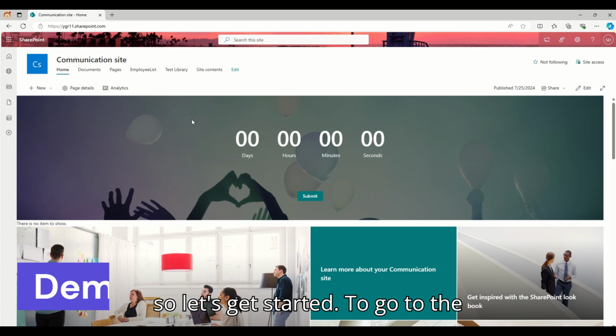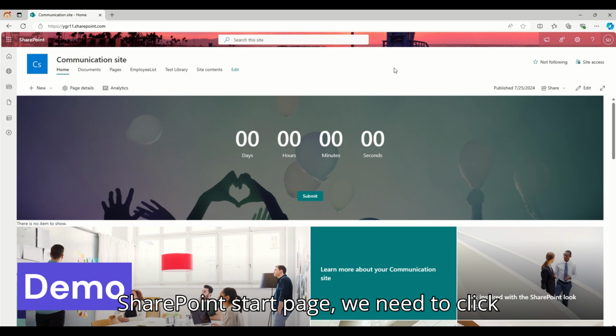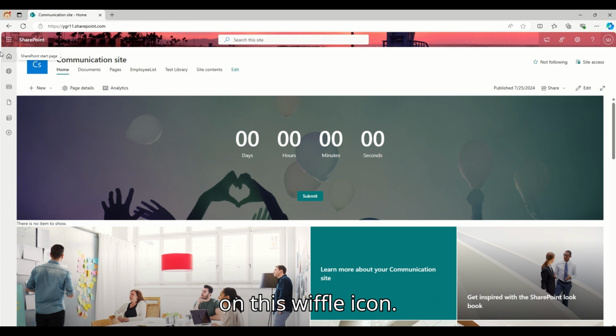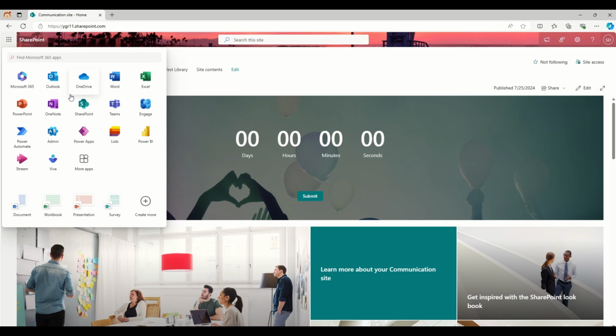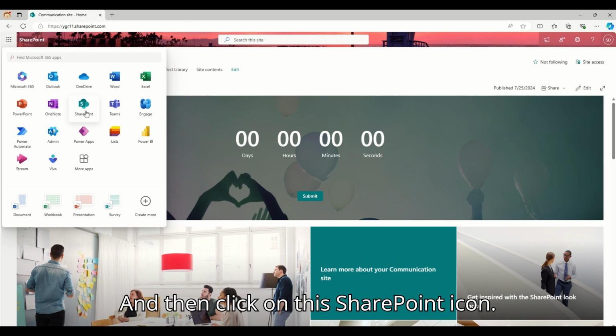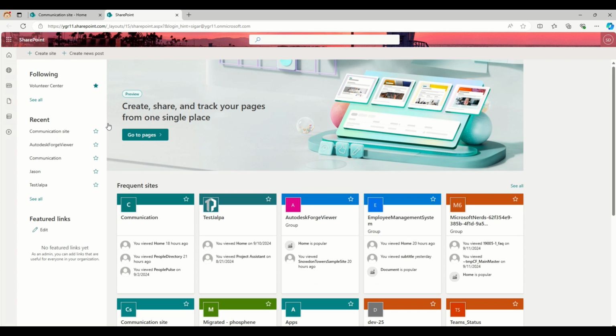Okay, so let's get started. To go to the SharePoint Start Page, we need to click on this waffle icon and then click on this SharePoint icon. So now, as you can see, we are presented with the new SharePoint Start Page experience, where in the left